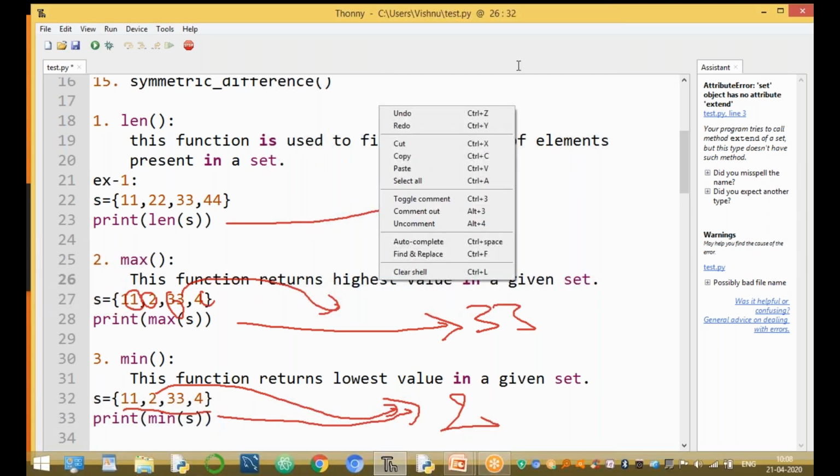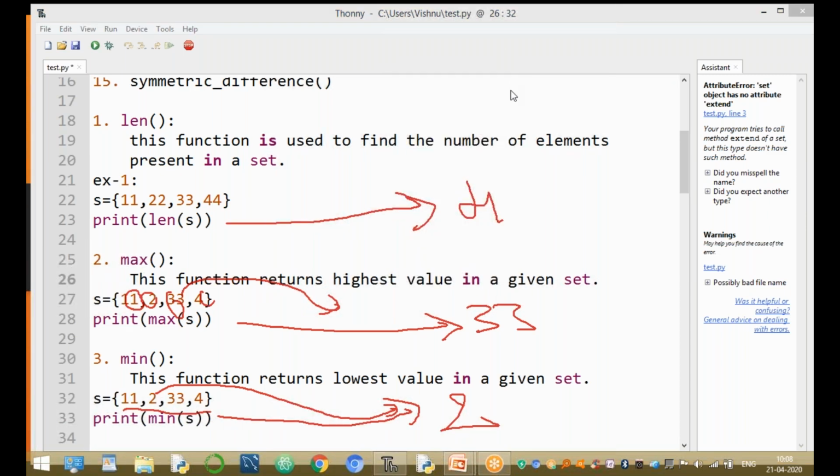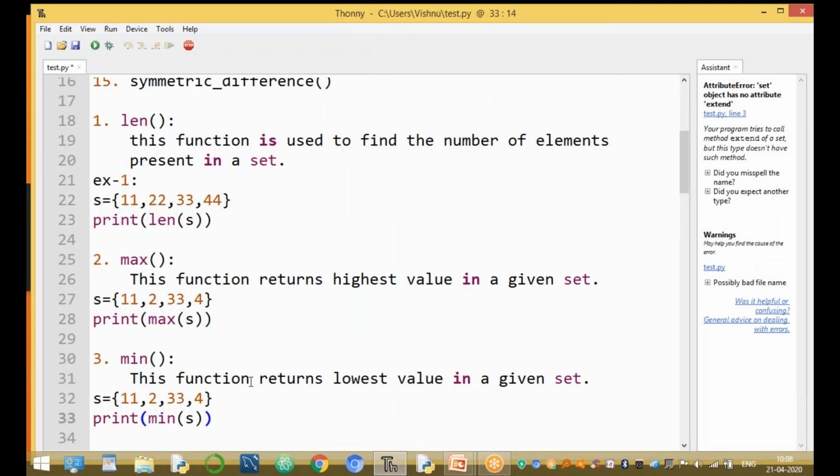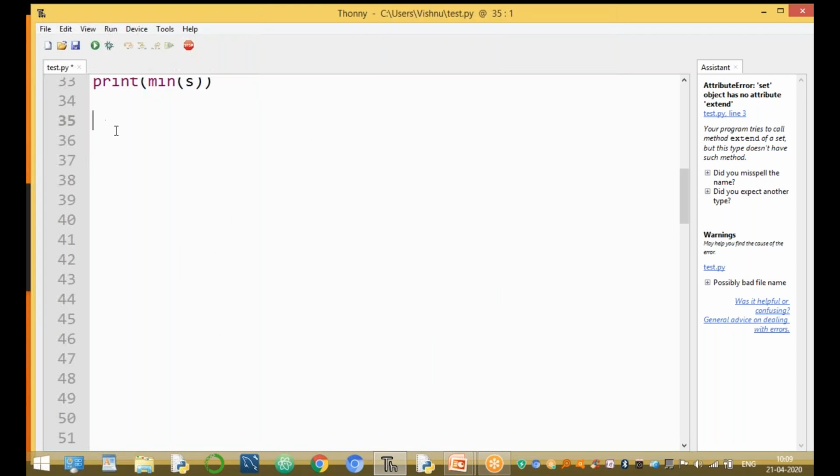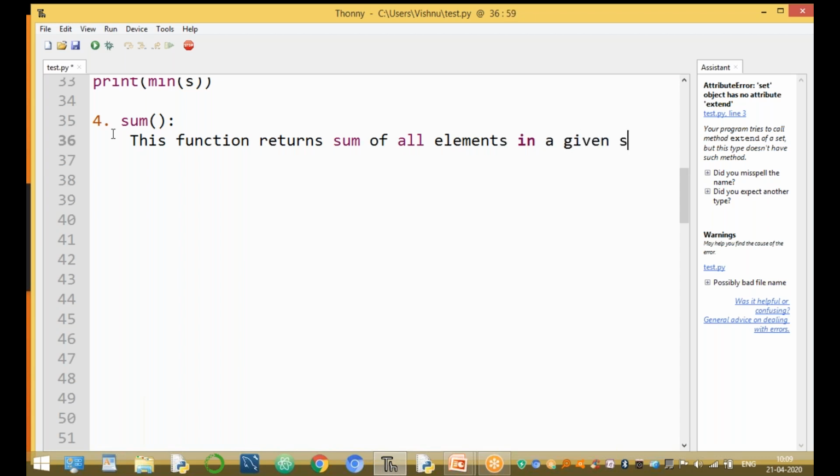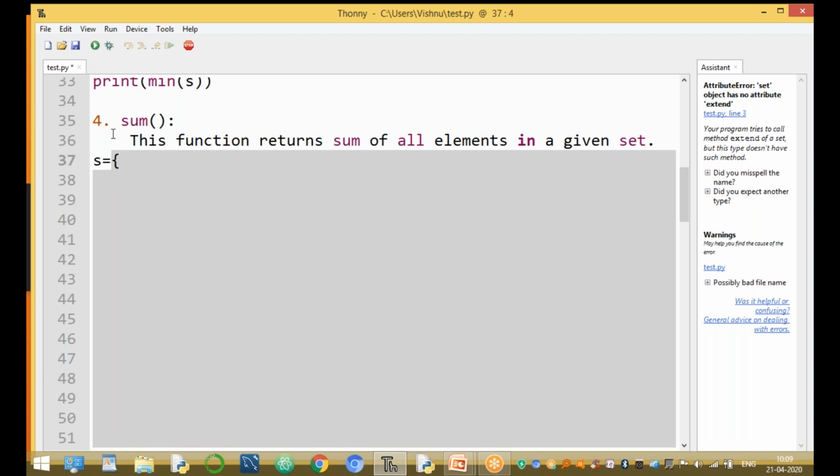And the next function, the fourth one, is the sum function. This function returns the sum of all elements in a given set. s equal to 11, 2, 33 and 4.